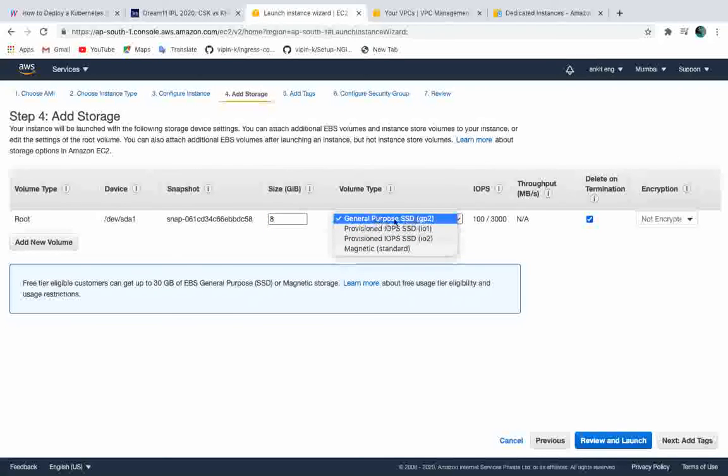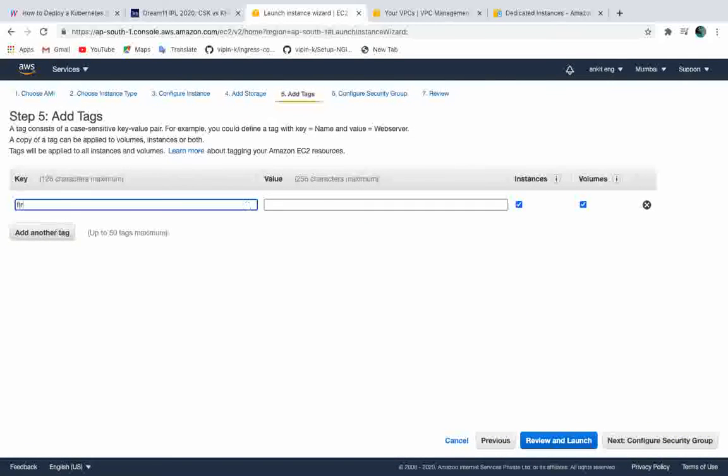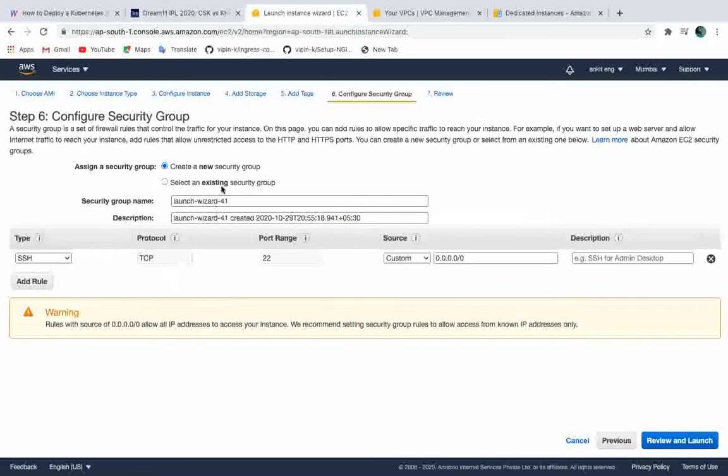There are so many other types of volumes, like IOPS ones. This one is general purpose, and it works fine. It works fine when you have your database and requests are coming more and more, and this is very old and very cheap. Okay, but this is good. General purpose SSD. And then you can give tags to your AWS machines. After that, the security group. So guys, this is the security group you need to create. Let's say you are going to create your AWS machine and the EC2 machine has been created.